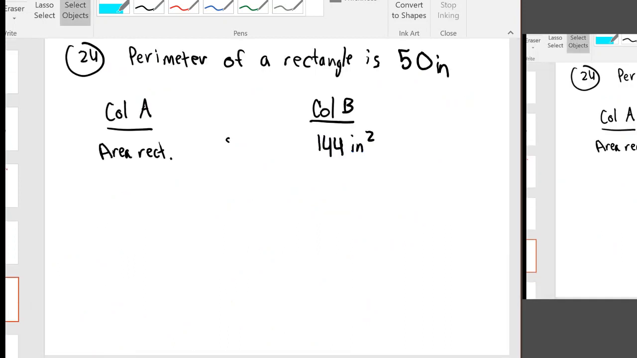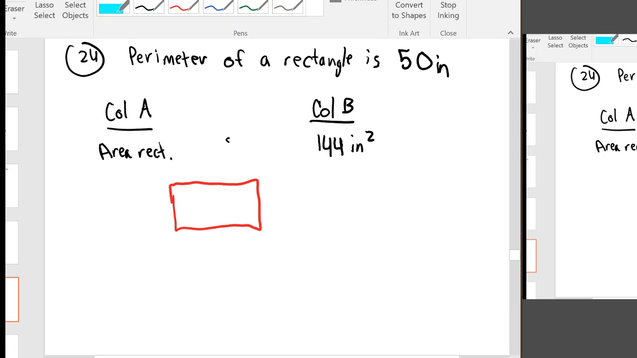Next question, 24. It asks you about the perimeter of a rectangle being 50 inches, versus the area of the rectangle being 144 inches squared. So if they tell you the perimeter is 50 inches, well,